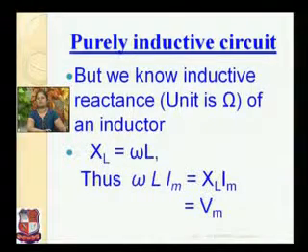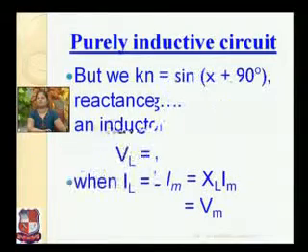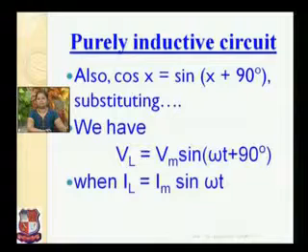So when you consider the maximum current, the value of voltage is also maximum, so it is equal to Vm. Now cos x is equal to sin x plus 90 degree. Substitute this equation in the above. So we have VL is equal to Vm sin omega t plus 90,